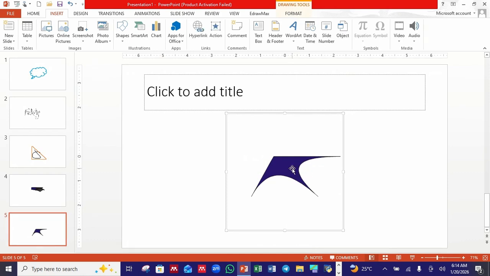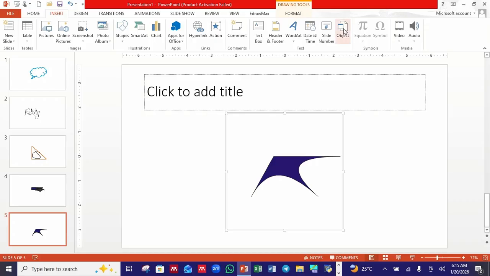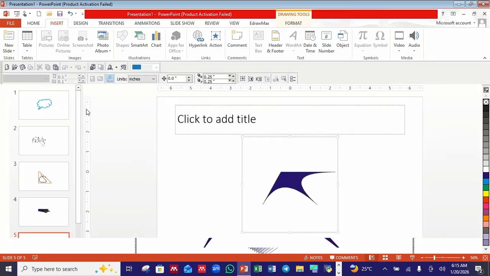These are a lot of images. You can design a lot of designs. Let's do another one back. You go to Object, click on CorelDRAW, click OK. Then when the thing comes on,